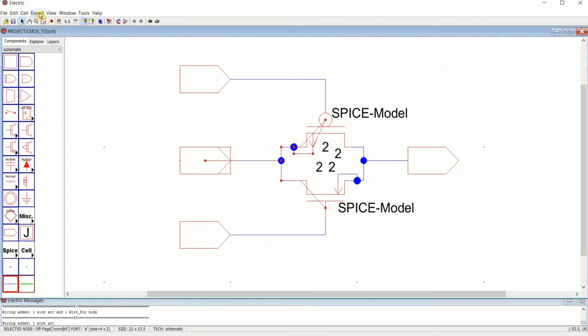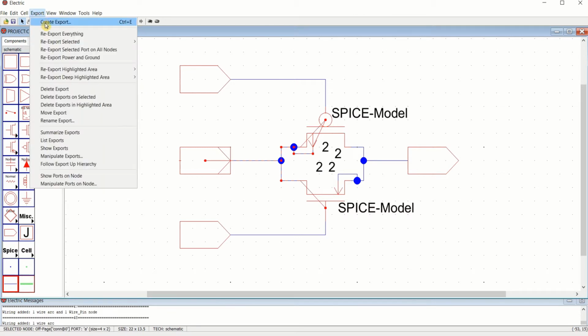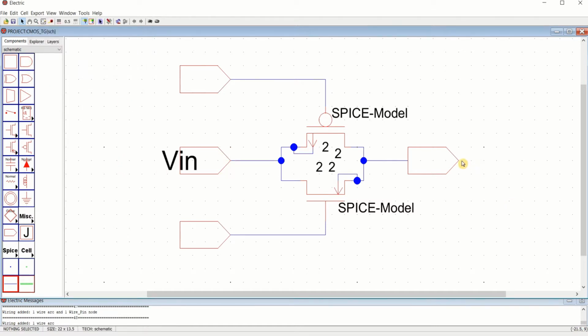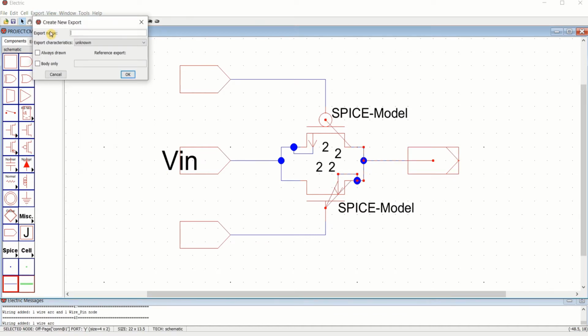You can export this. First select the off page node, go to Export, Create Export. You can name it VIN. This one to VOUT.